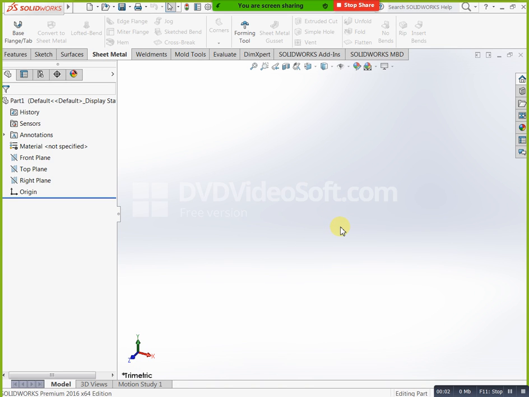Now we will discuss sheet metal and sheet metal operations. First of all, what is a sheet? A sheet means a minute thickness, or we consider it as thin layers. Simply put, from the initial condition to the final condition you can maintain a uniform, flattened thickness. That is what we consider as a sheet.